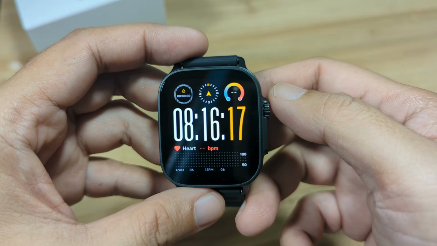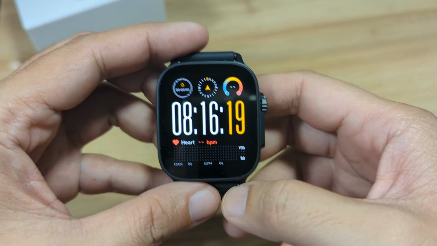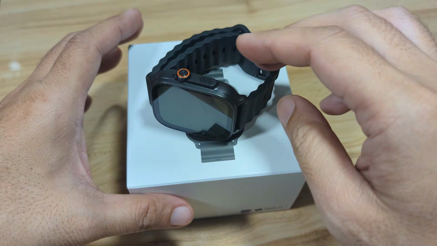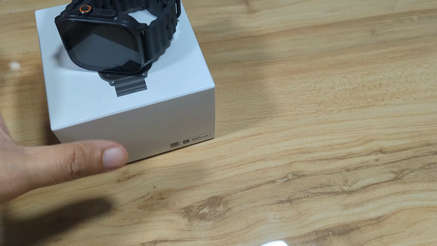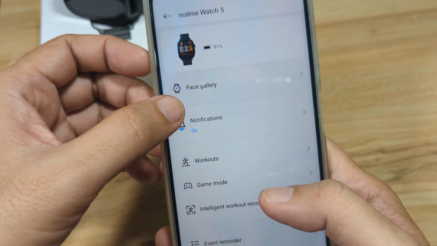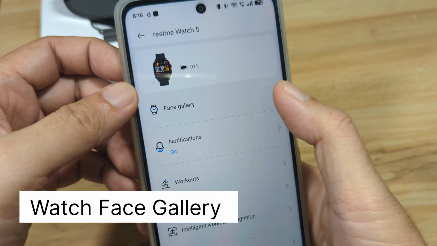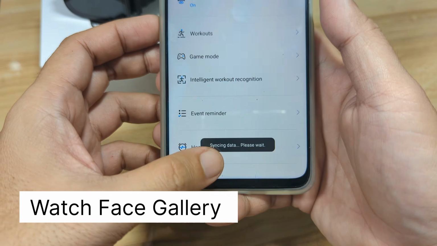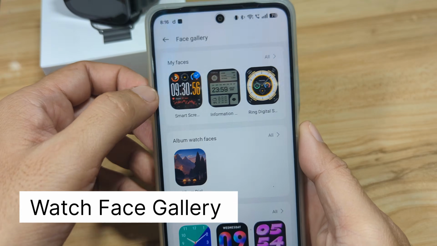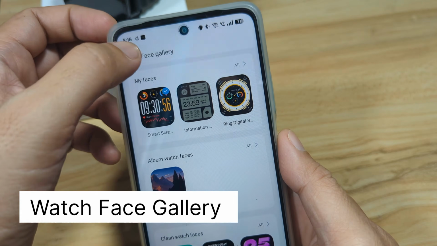We have additional watch faces in the support app. We also have additional dynamic watch faces, and let's check it out. We have here the face gallery. We're still syncing. Let's wait. And we have the face gallery. We have my faces.